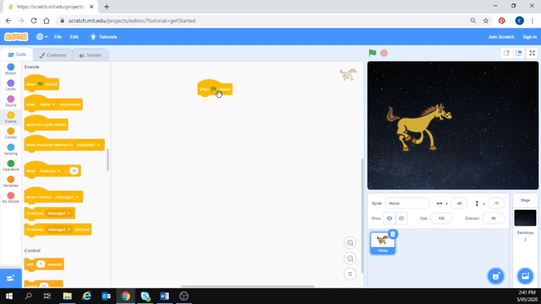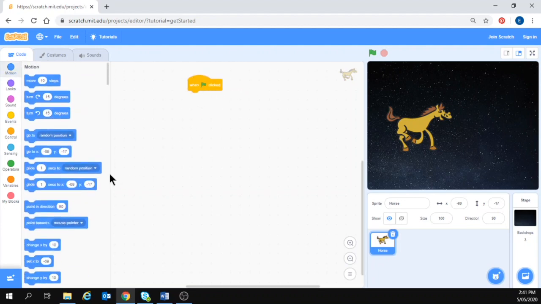a when green flag clicked block. This is one of the yellow blocks, an event block, and we'll use it a lot for making web programs. So I'm going to start with this block. I'm going to go back to my motion, and I might just choose, well, let's see, I'll just choose glide 1 second to a random position, and I'm going to press the flag, which is my little program, and see